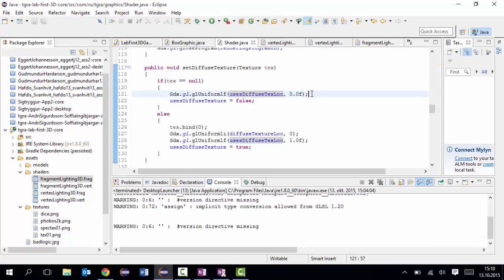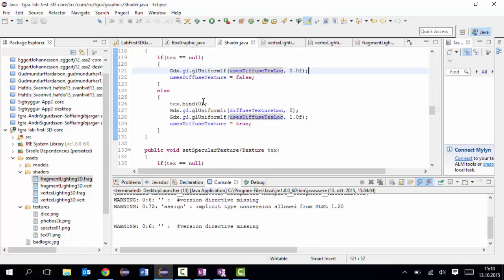Whatever texture I used last will just lie in memory, but it doesn't matter because I might want to use that again later on, because I'm switching between textures while I'm running each frame, but all the textures I use will simply stay in memory and wait to be used at any time that they need using. Otherwise, if there's something in here, I call texture.bind, and behind this bind function here on the libgdx texture class,